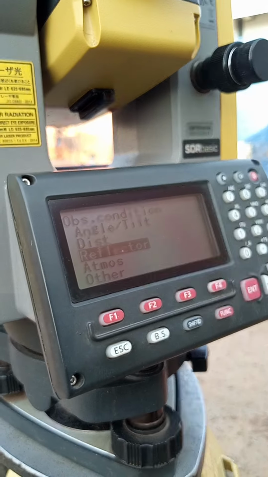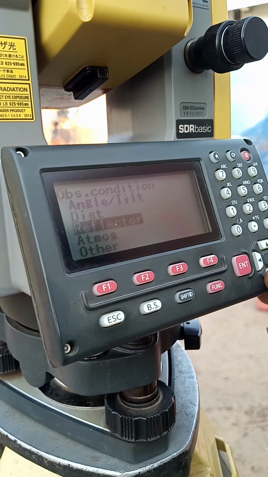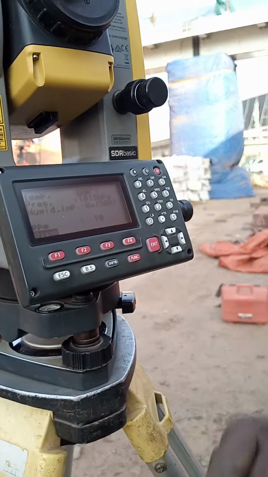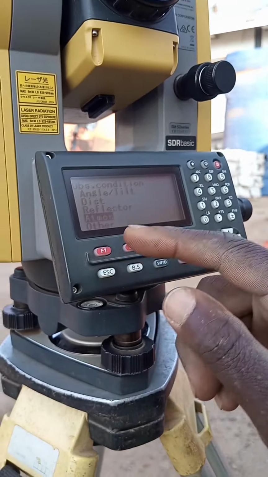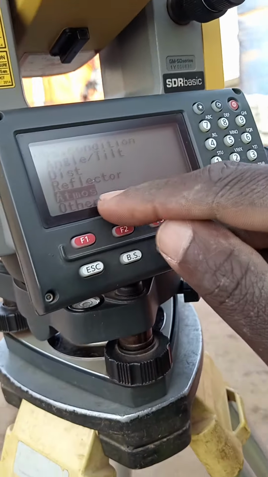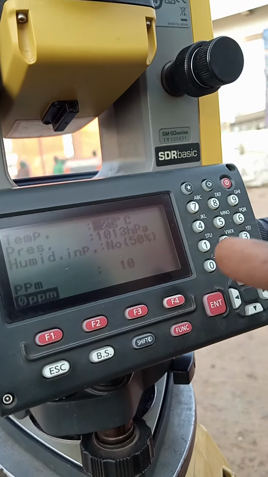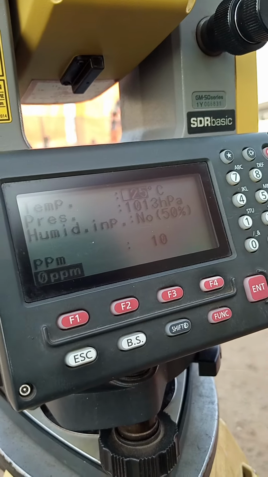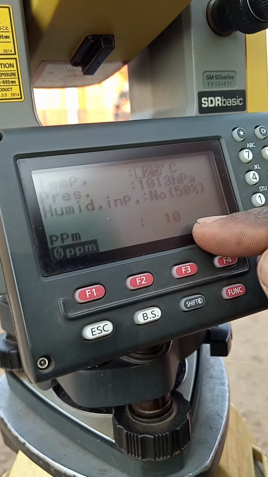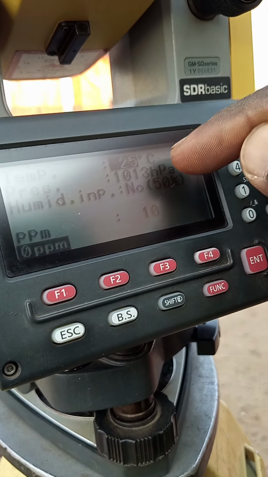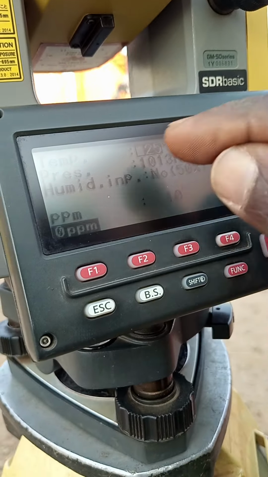-30. Enter. Then on the atmosphere, when you come to atmosphere, press enter. This way you change the temperature, pressure, humidity, and ppm. But ppm moves with the temperature. When you change the temperature,